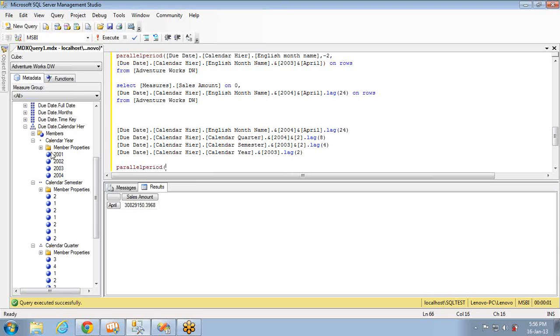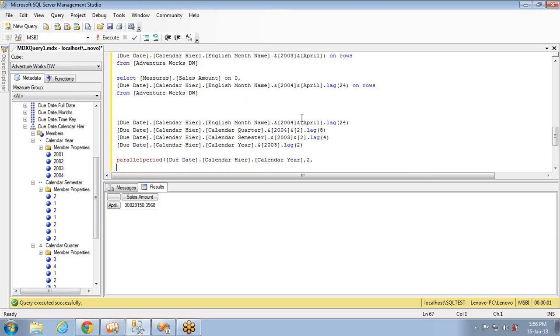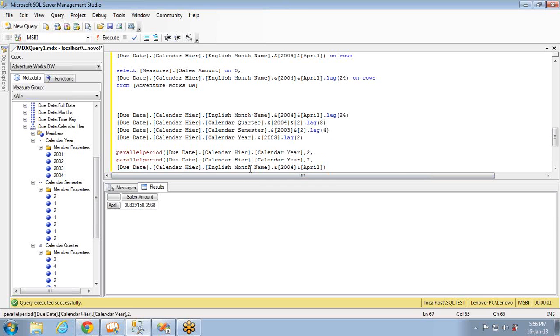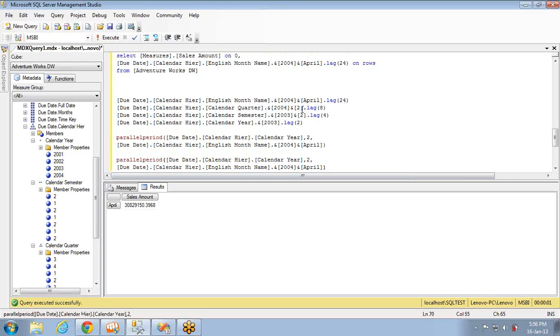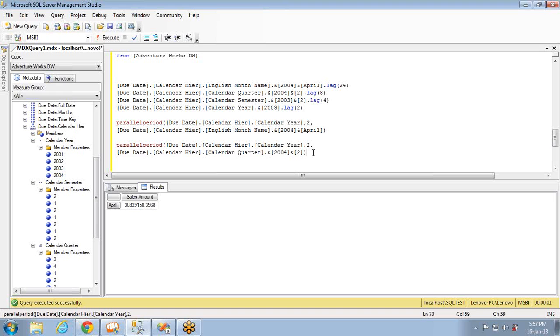Parallel period: if you specify the year hierarchy, or whatever the hierarchy may be, and you want to go back by 2 years, for month it will be the same. For year, for semester, for quarter, again it will remain the same. The complete function will remain the same, except the month is getting replaced with quarter. Now the third case, if you want to go by semester,